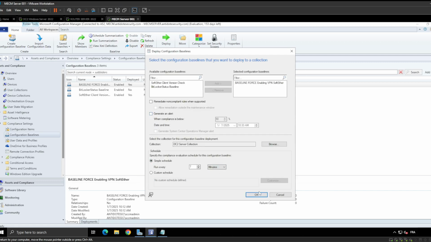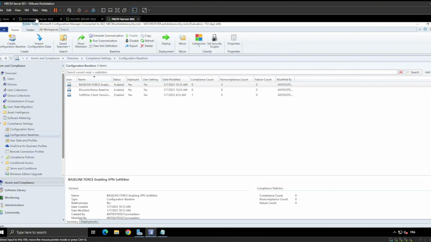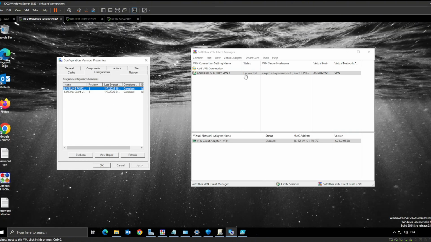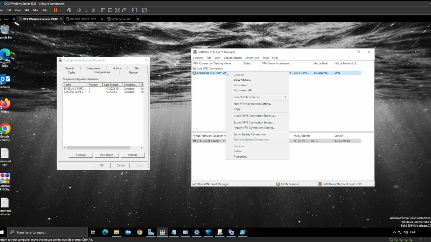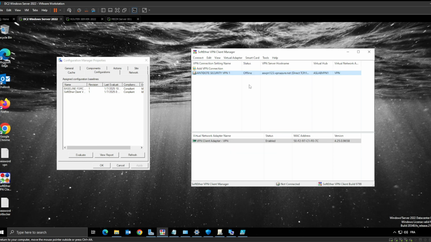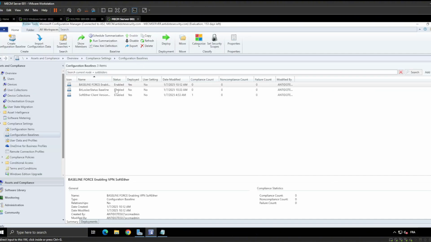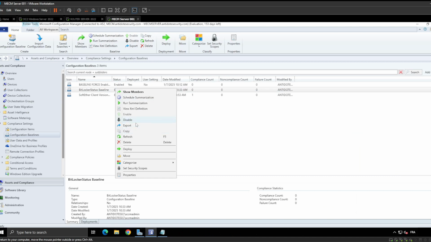Here, 7 minutes. And if I go back here, I will see that it's now connected, because every 7 minutes it's checking. So I just want to disconnect. So you see, if someone disconnects and forgets that it reconnects every 7 minutes, it will connect back. So this is how SCCM is very powerful. Okay, so now deploy